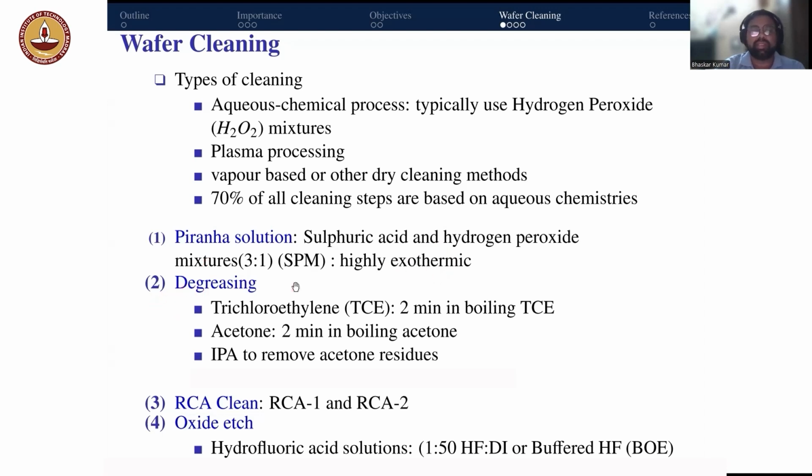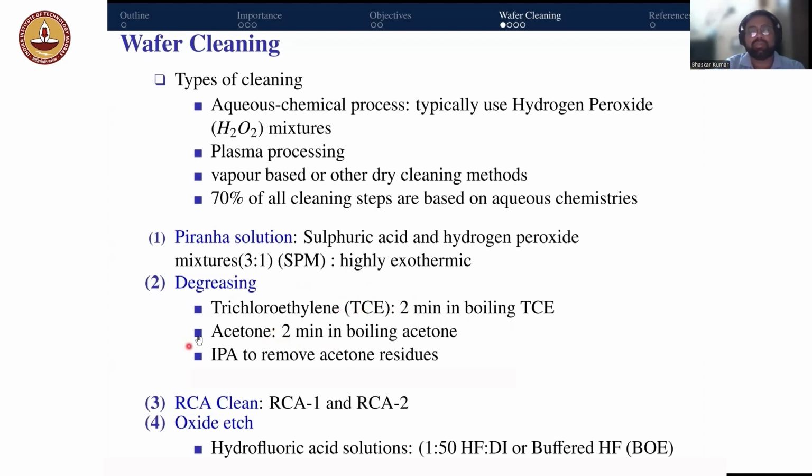The second is the degreasing. That is, degreasing is used for removing the organic contaminants. And this process is done by dipping the solution in organic solvents such as trichloroethylene for 2 minutes at boiling temperatures. Once we do the TCE dip for 2 minutes, we then immediately move the sample to acetone